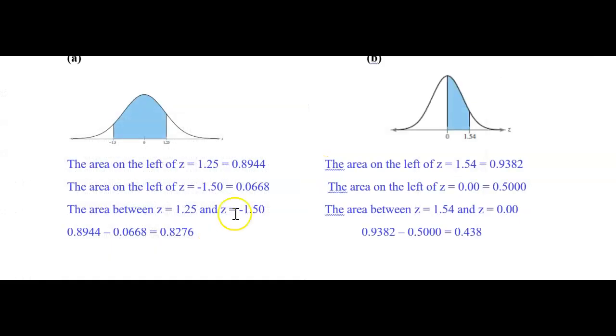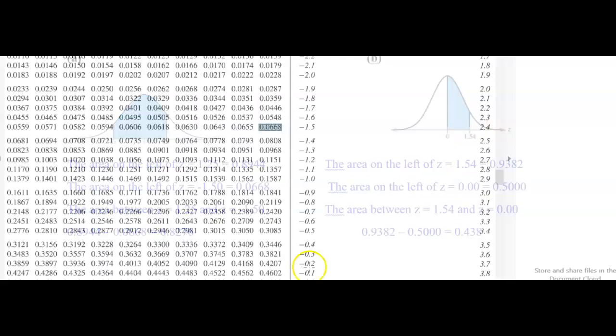0.0668. To find the area between the two of them, you subtract the area for the smaller number from the area of the larger number, right? So 0.8944 minus 0.0668, you get 0.8276. Similarly, the area between 0 and 1.54, you do the same thing. I leave it up to you to check, but let me do it just so I make sure I have the correct answers here. So the area to the left of 1.54,